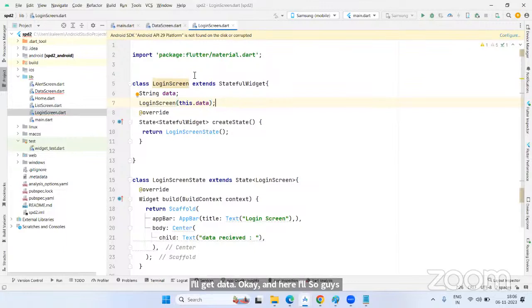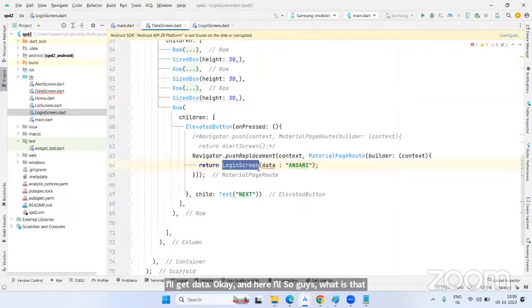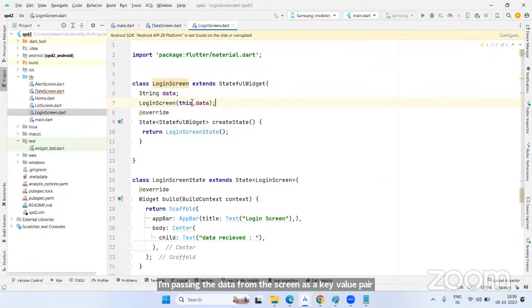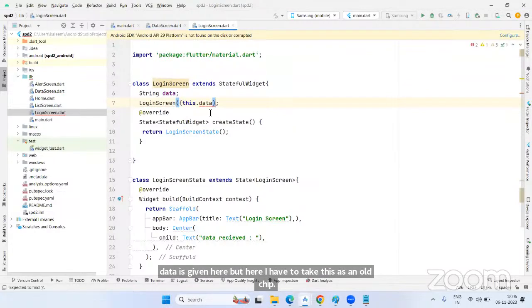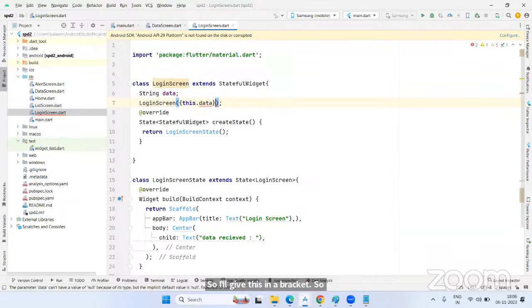So guys, what am I doing? I'm passing the data from the screen as a key value pair. I have given the data here. The data is present with this login screen. I have come to this login screen. Now the data is there. Now the data is given here, but here I have to take this as an object, so I'll give this in a bracket. Now whatever data you want to pass here,